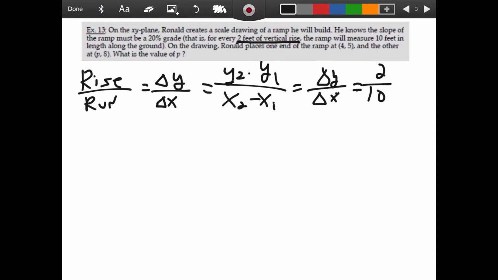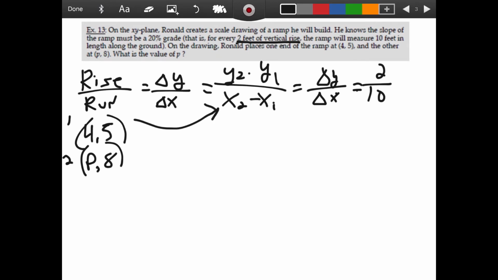Now, on the drawing, Ronald places one end of the ramp at 4, 5, and the other at p, 8. So we want to figure out where exactly this x value is. So we're going to call this point 1 and this point 2. And what we're going to do is we're going to plug it in for here. And remember, the slope equals 2 over 10,